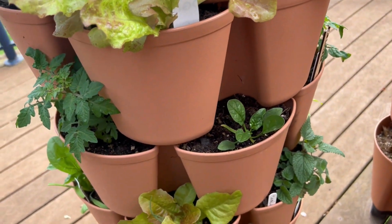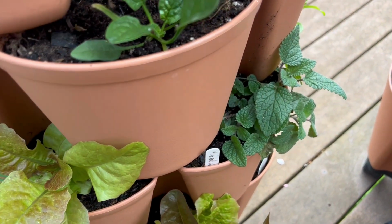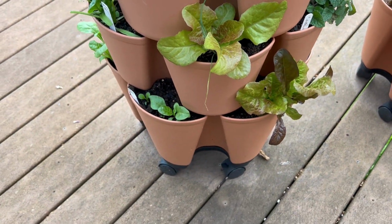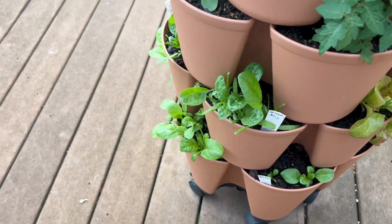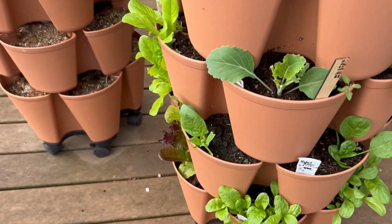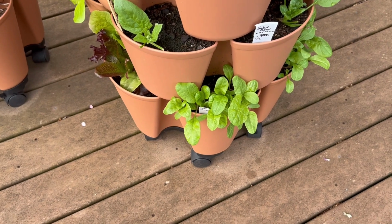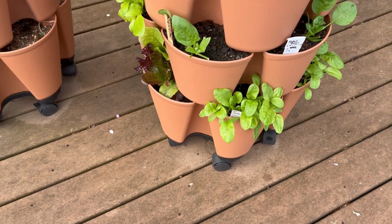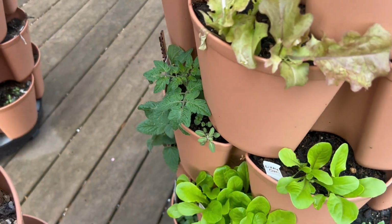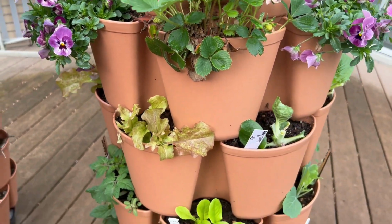I just wanted to use the sign that my son made for me. This is a mandarin mint, I believe. And it's mandarin something, and I think it's in the mint family, so I just put it in the pocket by itself. We harvested some pak choi for dinner last night, so some of the leaves have been taken off. Same thing with spinach. I'm hoping it doesn't bolt. We're supposed to have 80-degree weather soon, so not looking forward to that ruining some of these spring